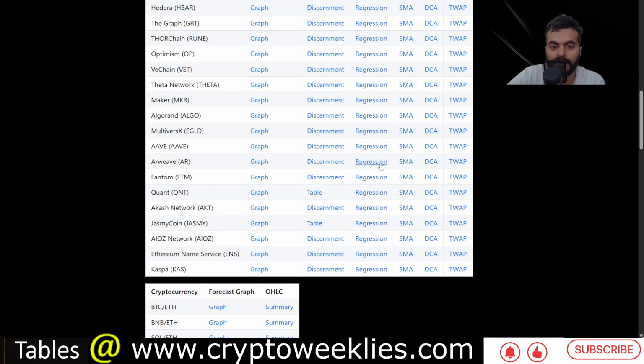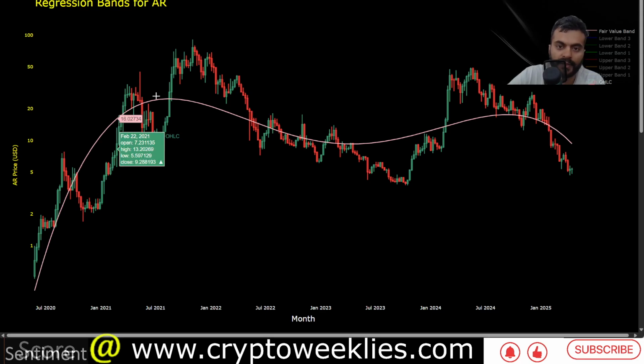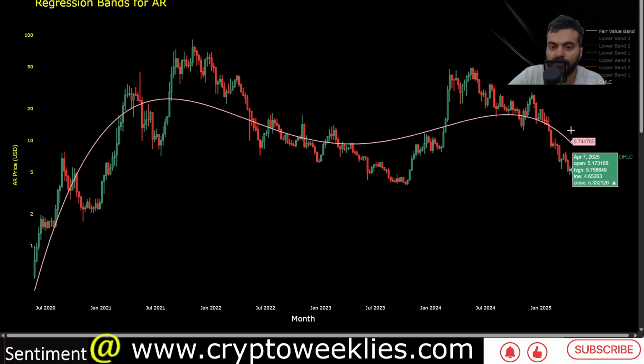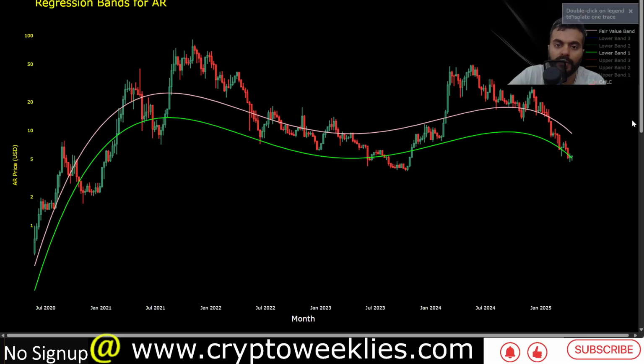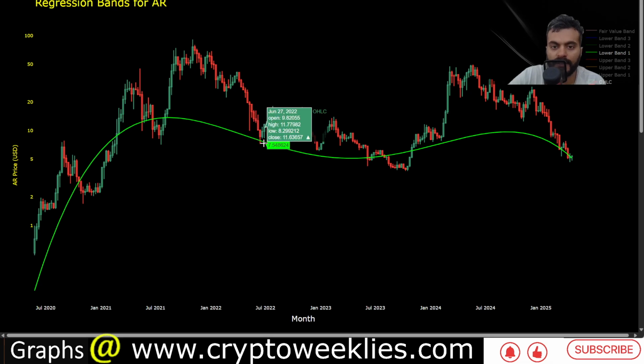Looking at the regression based fair value, that also comes close to that $9.30. Again, this pink line helps establish what is a non-linear fair value for Arweave using polynomial regression based valuation. The utility of this model is especially when you apply 1 standard deviation residual to this fair value. That green line helps identify again a great buy zone below this green line